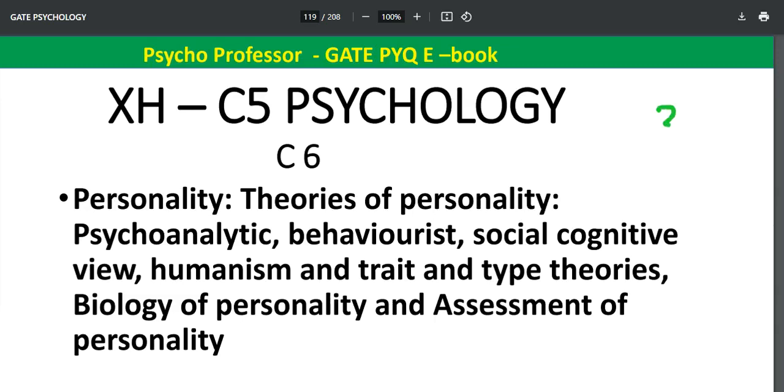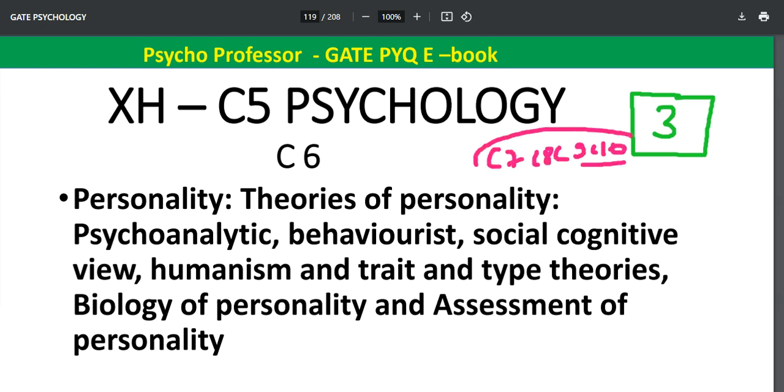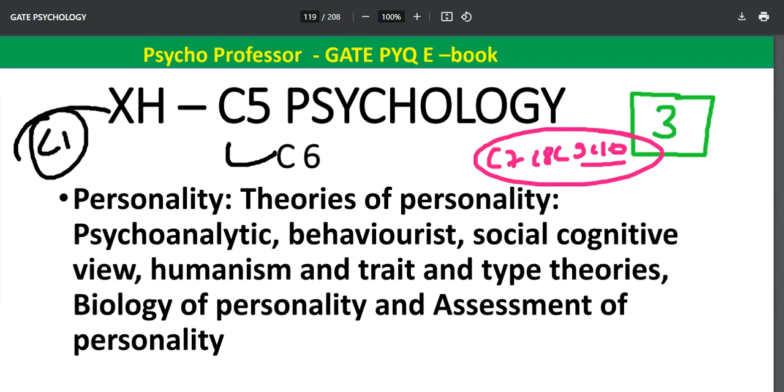This is going to be part number 3 of the 2024 solved question paper of your GATE psychology. All right. In the previous two parts, we discussed C7, C8, C9 and C10. In the last part, we will discuss complete questions from C6 to C1,